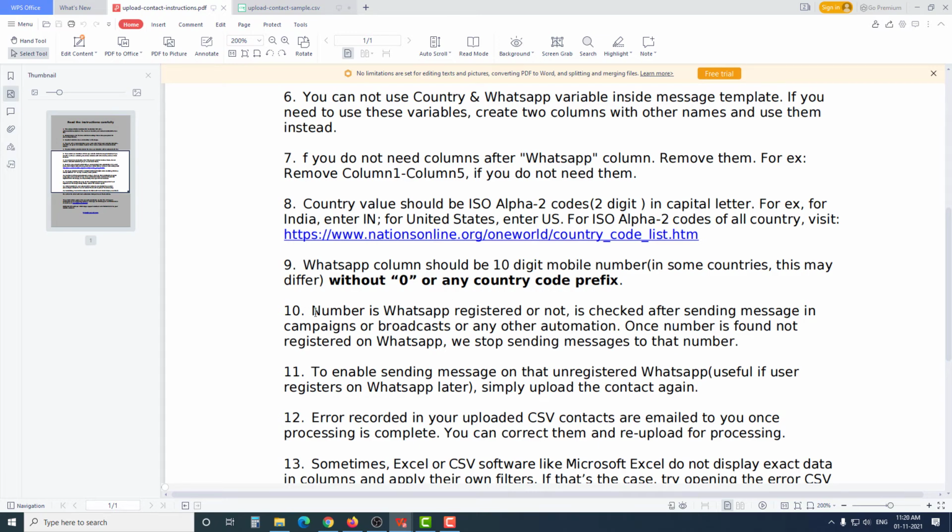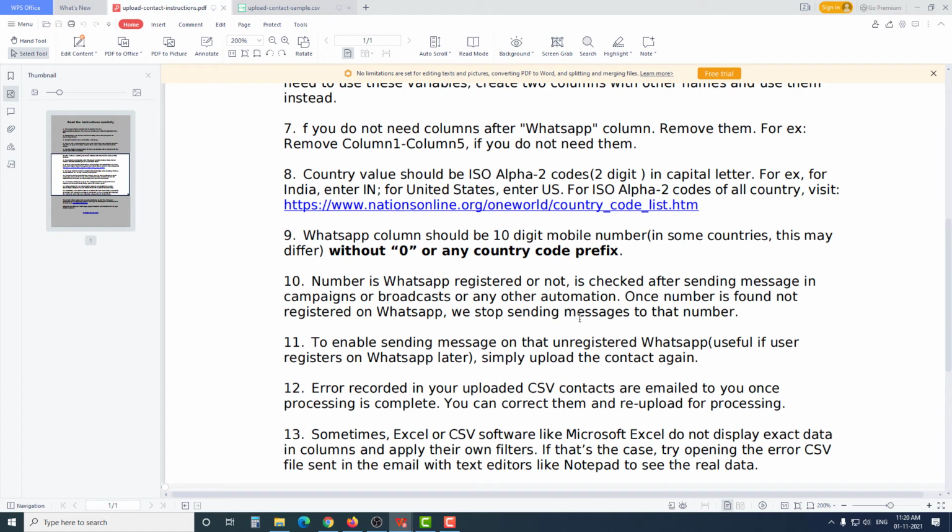Whether a number is WhatsApp registered or not is checked after sending a message in a campaign, broadcast or any other automation. Once a number is found not registered on WhatsApp, we stop sending messages to that number. So no matter whether the contact you have uploaded is WhatsApp registered or not, our system checks those contacts once we start sending messages to those customers. Suppose you have uploaded 100 contacts and you're not sure whether they are registered on WhatsApp, but once you run the broadcast or any drip campaign or any kind of automation, our system